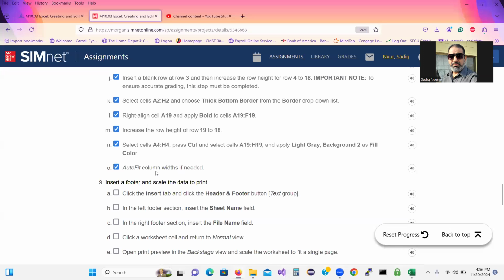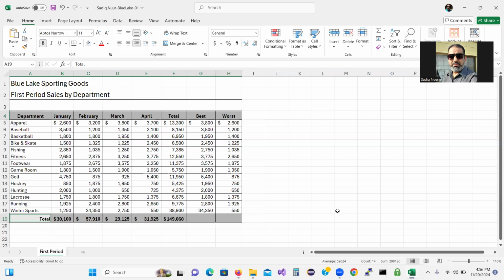Now we need to auto fit the columns if needed. If something is cutting off, then you have to auto fit the columns so that you could see all the data. Next,